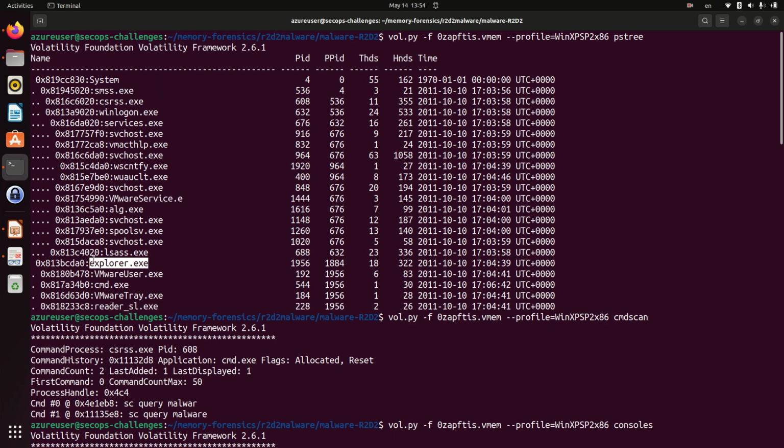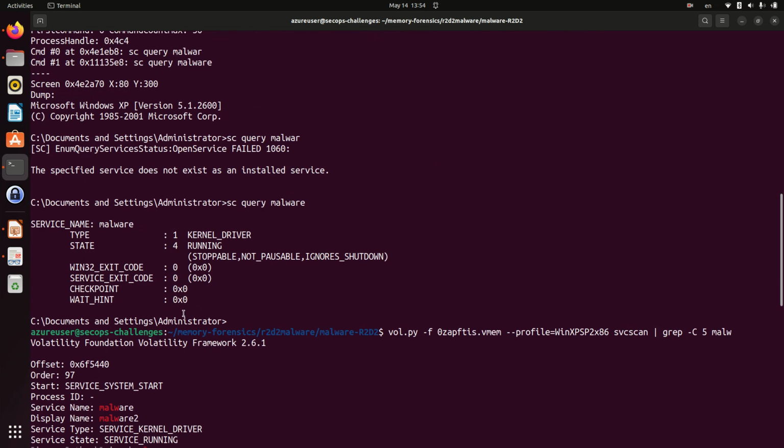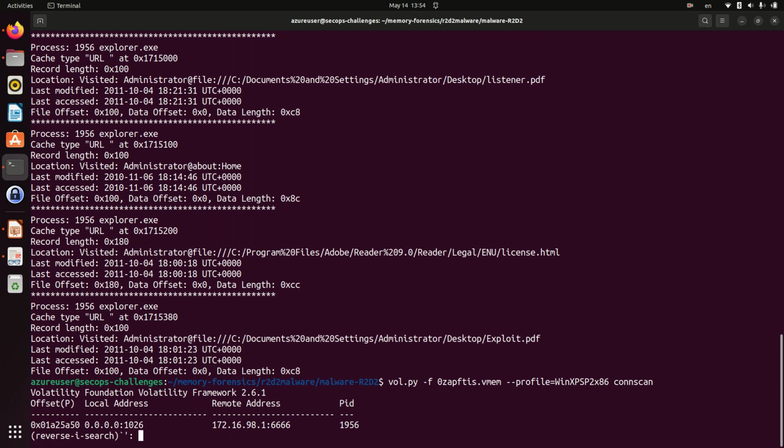Explorer.exe is used by the user to open files, this sort of thing, from the graphical user interface of Windows. So you don't expect any network connection like that. So this is definitely suspicious. We need to dig into that. I want to